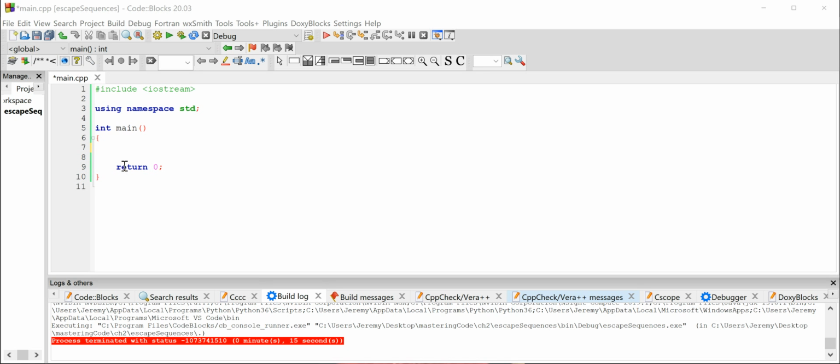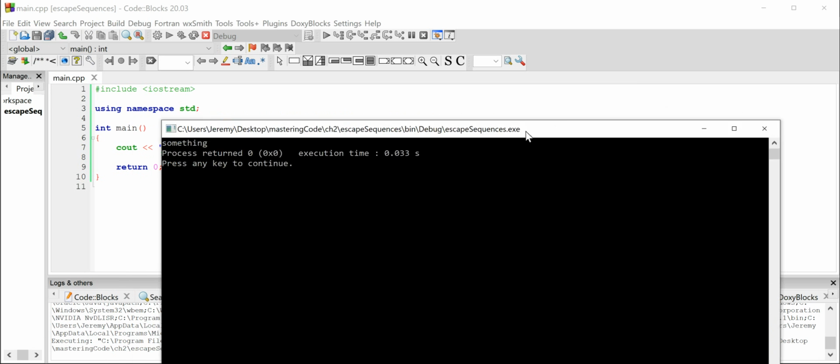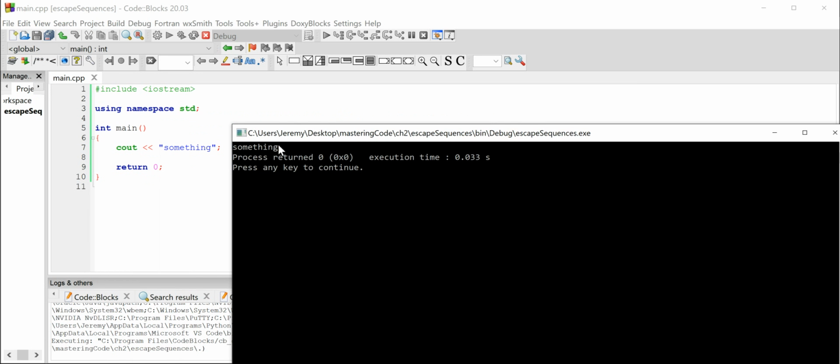So we know, because I know that you know, that if you want to print something out to the terminal screen, you've got to use our good friend cout to do so. So let's cout something to the terminal. And then when we run this, we see that something does indeed print out to the terminal screen here,